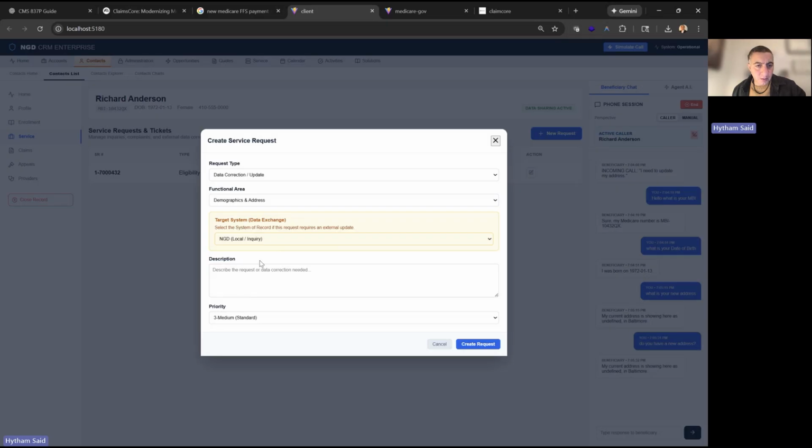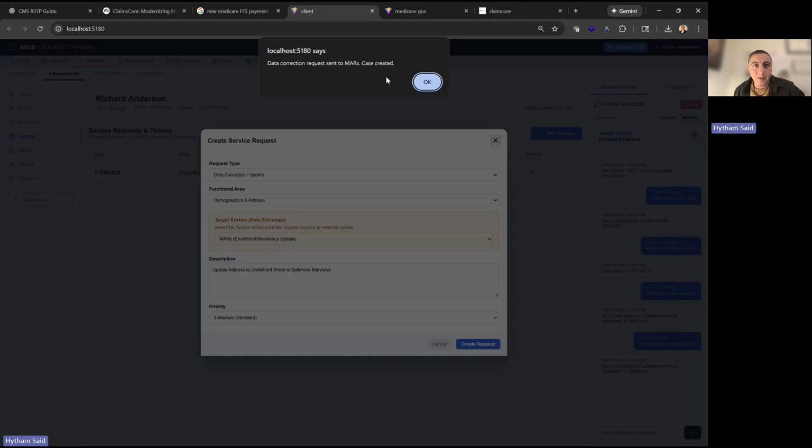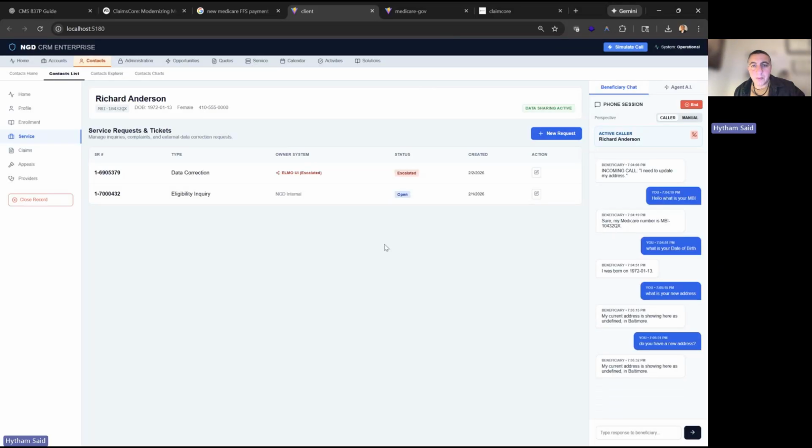Send that information to maybe Mark's: update address to undefined street in Baltimore, Baltimore, Maryland. Create. Data correction request. Okay, perfect. It's been sent. It's going to get sent to